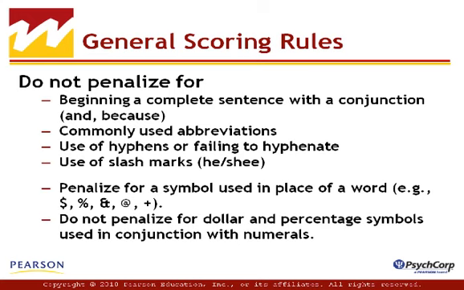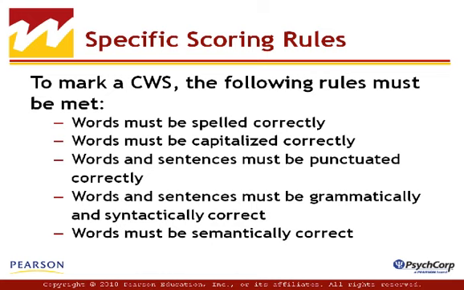You won't penalize for using slash marks, like here, for example. You do penalize if I use a symbol instead of a word, and we give you some examples. But don't penalize for dollar and percentage symbols if I'm using those in conjunction with numerals. So a number of more specific components are addressed. So in order for two adjacent words to be identified as a correct word sequence, they should be spelled correctly,